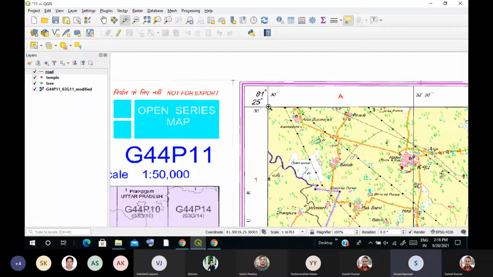ठीक है, तो आपका कंप्लीट जो पूरा का पूरा जियो रेफरेंसिंग, चाहे P11 हो चाहे P15, आपने जो भी किया होगा वो सब गलत किया है। आप पहले डिग्री मिनट सेकंड नोटेशन को डेसिमल डिग्री में कन्वर्ट करते हैं और उस वैल्यू को वहां पर इनपुट किया जाता है। इसको करेक्ट करिए।